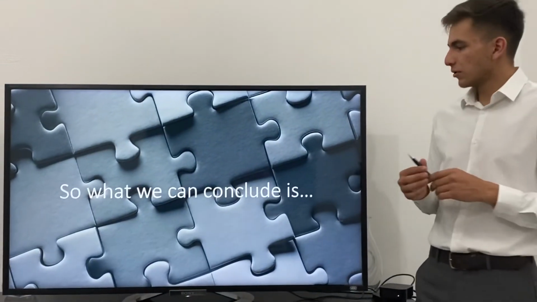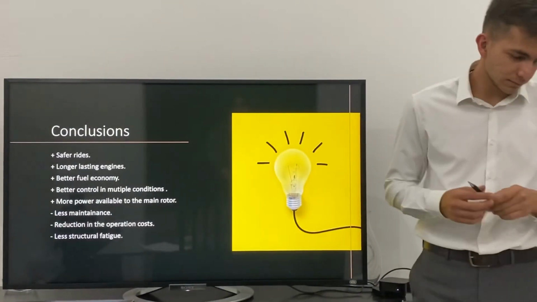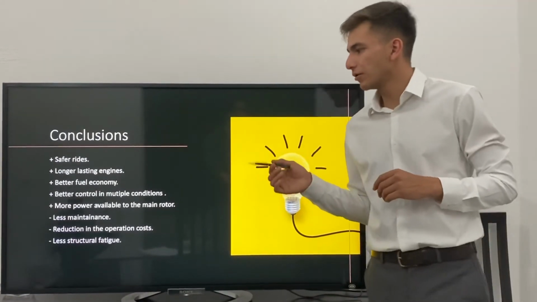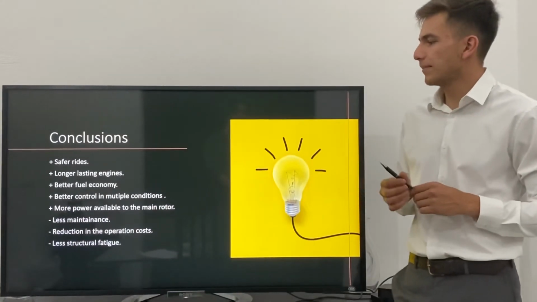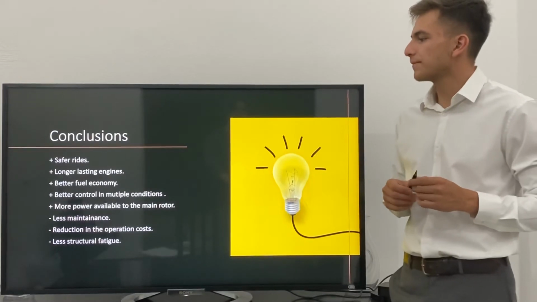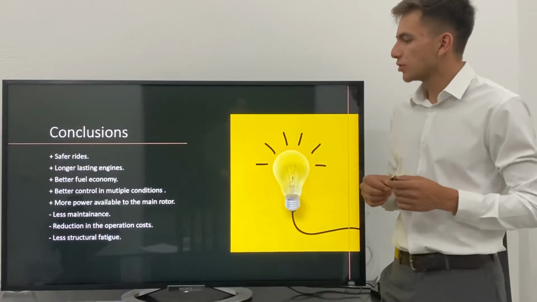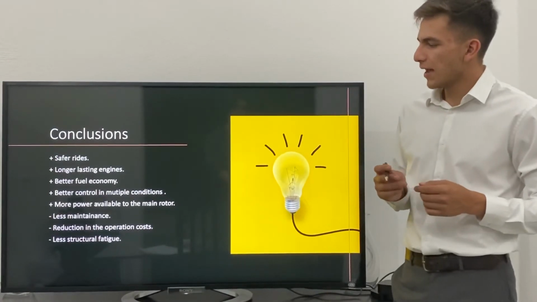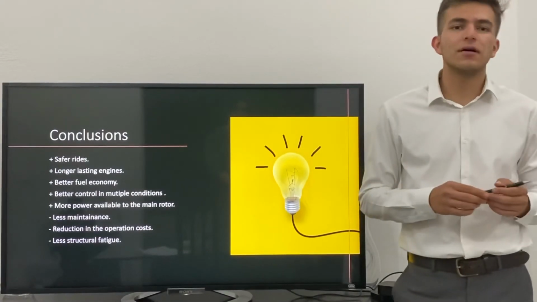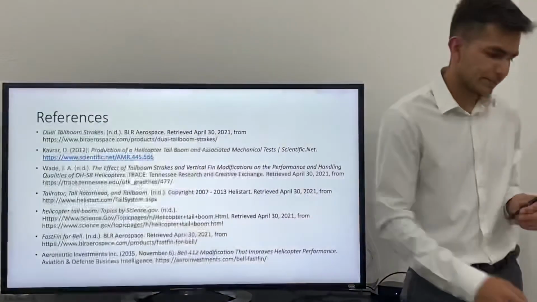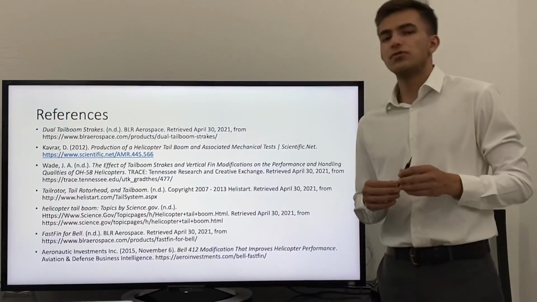So what we can conclude: safer rides, longer-lasting engines, better fuel economy, better control in multiple conditions, more power available in the main rotor, less maintenance, reduction of operation costs, and less structural fatigue on the fuselage. These were the references used in the